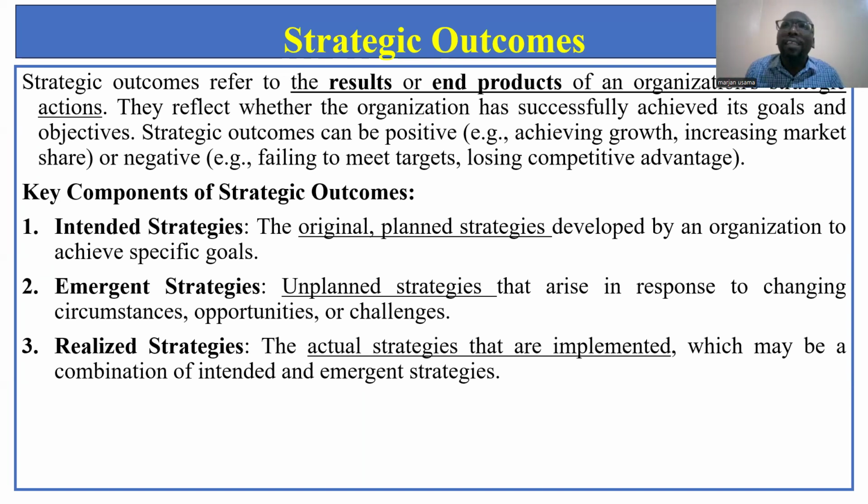Even when you're doing your business, sometimes you have your plan, but sometimes some things come suddenly and you need to plan for it. For example, you have a hotel. There is a wedding ceremony. The wedding ceremony, 100 people were invited. But during the day of the wedding, 500 people come. And you are having the food and the drinks of only 100 people. What are you going to do as the manager of the hotel?